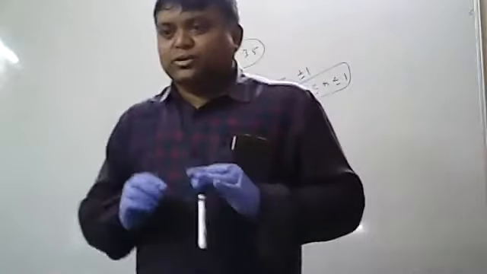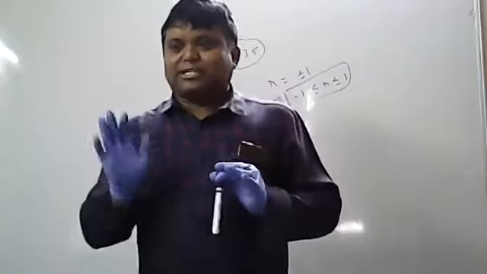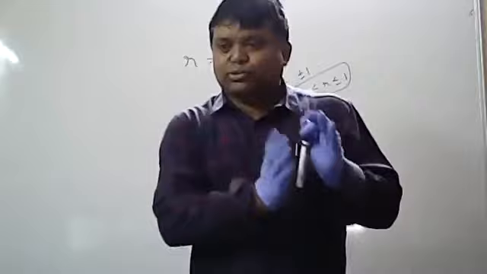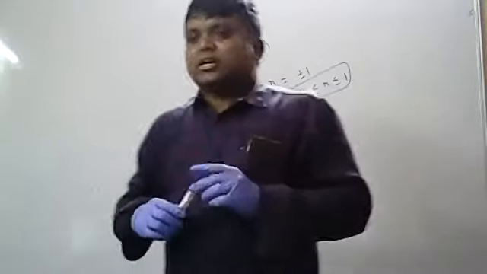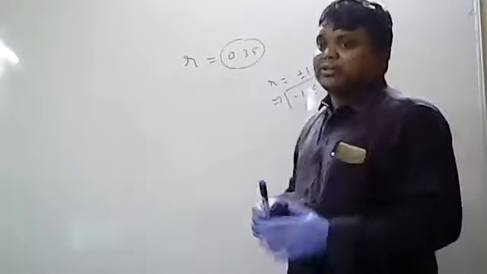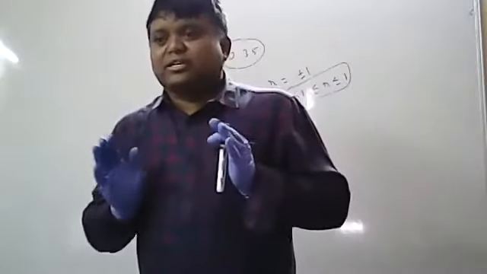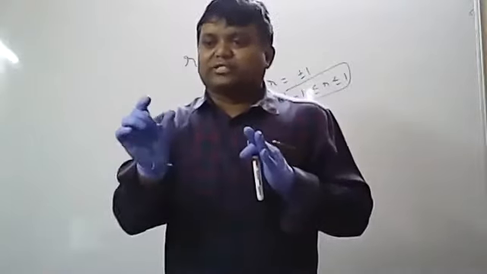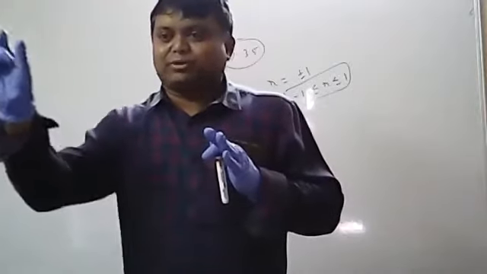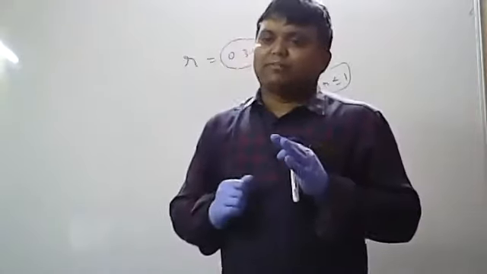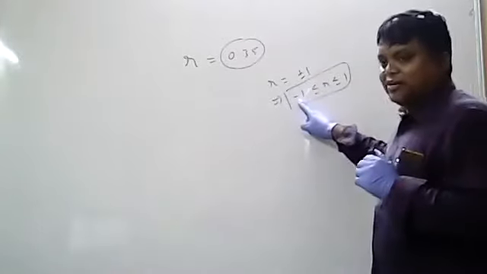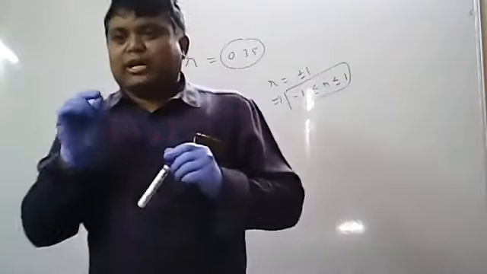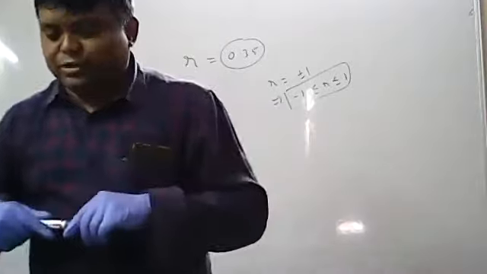You already know the formulas. You know the R formula: covariance of xy by sigma x, sigma y. You know the covariance of xy formula, the sigma x formula and the sigma y formula, in terms of usual notation and in terms of expectations. Now, for proving property number 2, I will use the formulas in terms of usual notations. So R equals covariance of xy by sigma x into sigma y. In terms of usual notations, covariance of xy is 1 by n summation of x minus x bar into y minus y bar. I will prove the R value lies between -1 and +1. So property number 2 is that the limits of the correlation coefficient are plus or minus 1. All of you write this down.